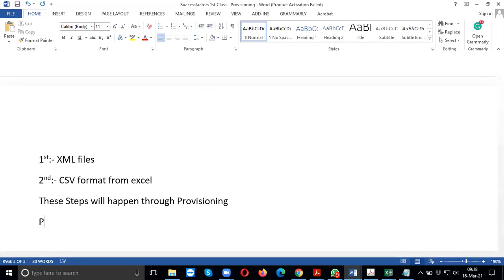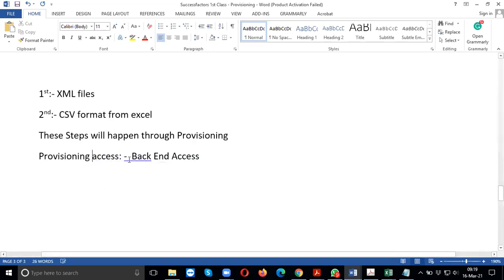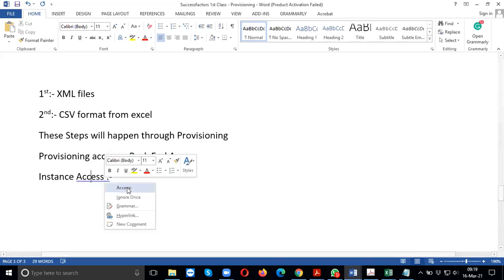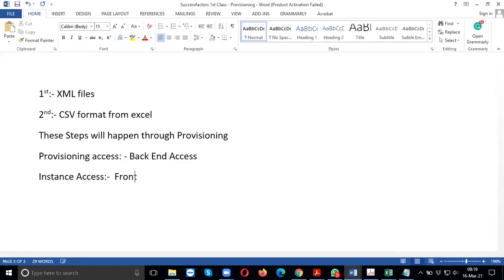So what is provisioning? Provisioning access is generally known as backend access. And instance access is the front end system, which we will be using in our training.